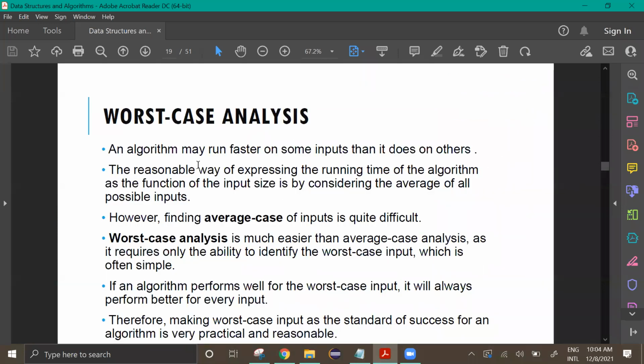Worst case analysis. An algorithm may run faster on some inputs than it does on others. The reasonable way of expressing the running time of the algorithm as a function of the input size is by considering the average of all possible inputs. So usually, if we can find the average case,